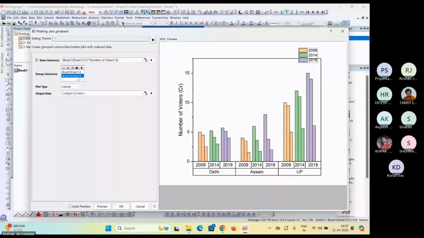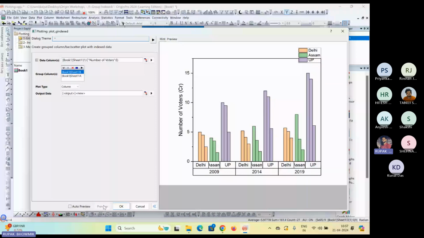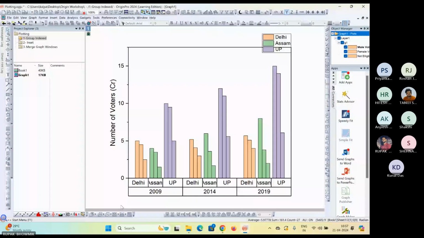Now you see, for a particular general election, you are comparing how the numbers are varying for three different states. Okay. So as per your requirements, you can reshuffle your columns and the legend. So then click on OK. Now you have your plot. You see here